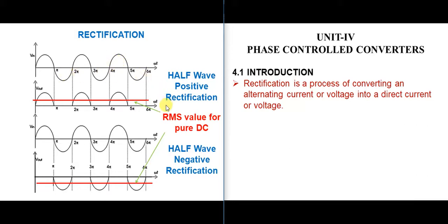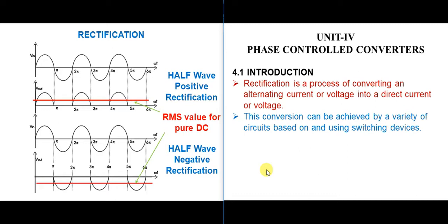But as it is a half wave rectifier and that too positive only, we have the output during the positive inputs only. If you look at this diagram, when the input is positive, we will get the output, and so on and so forth. In the second diagram, if you have a close look, it is half wave negative rectification. So we will obtain the output during the negative half cycles only.